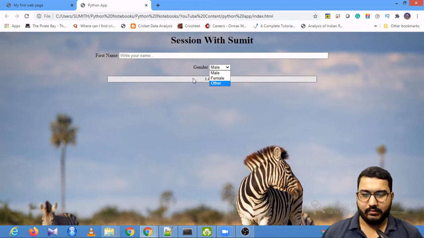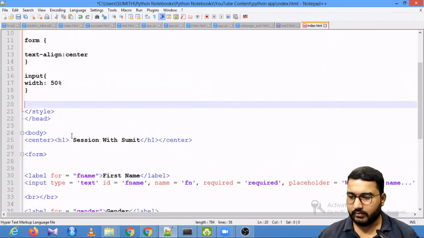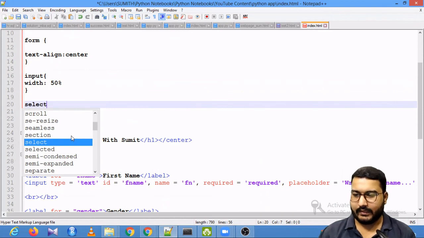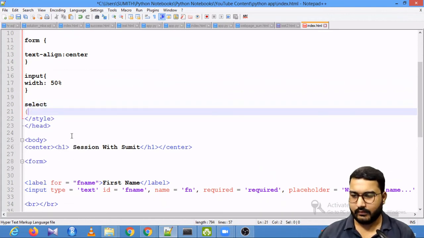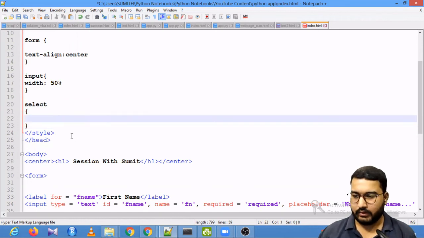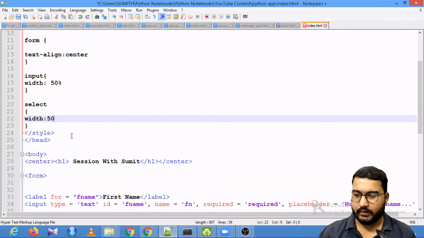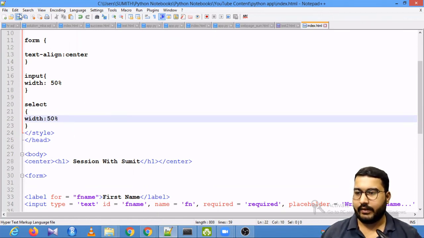We will try to reduce the size of this, that we can do. So again we can write the similar thing for select, then open curly braces, close curly braces, then width: 50%, and you save it.